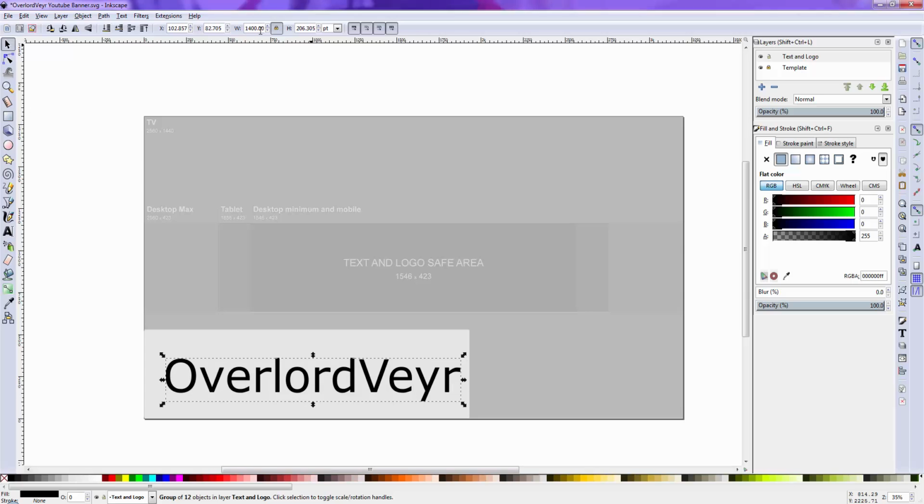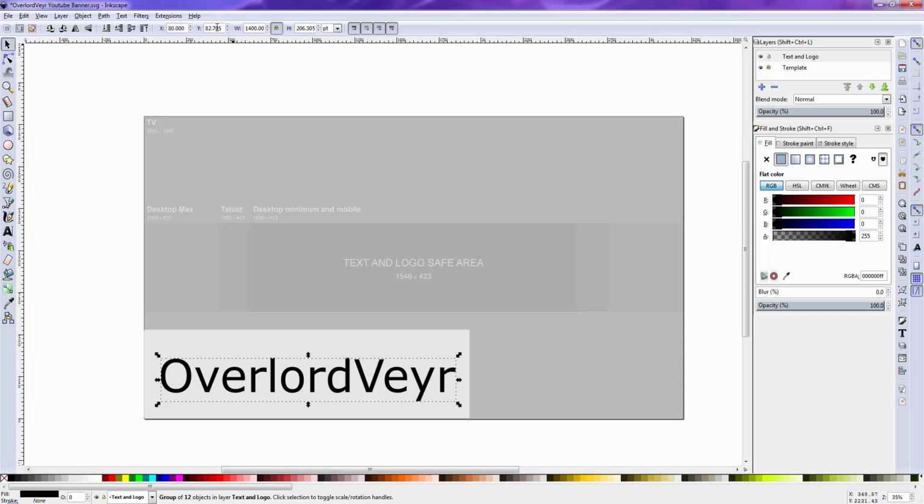How about 1400? Not too bad. So this one is 1560 in length. To get that done, the simple solution is to center a 1400 long thing on 1560. So 1560 minus 1400 gives you 160, so half of that is 80. As for the Y, this thing is 206.305 pixels in height, and I want it to be